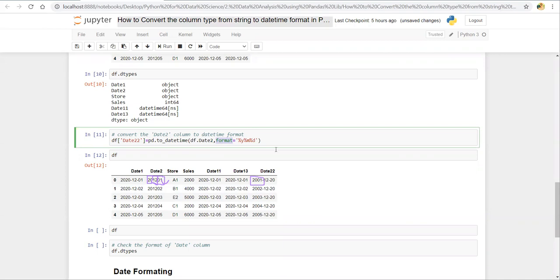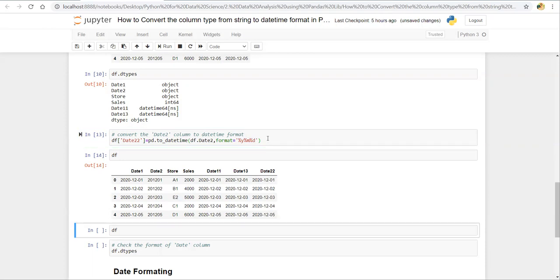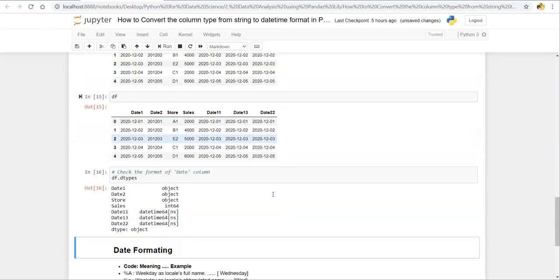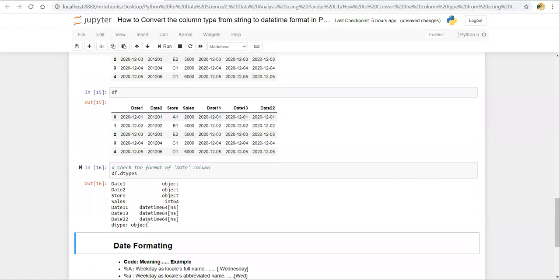Here I'm defining that small y stands for 20, small m stands for 12, and small d stands for 01. Now you can see the output. It's considered 2020-12-01. That's why I'm taking this example for the date 2 column. Now you can see it's in the correct format. Now let's check the data type of this column. You can see that date 22 is in datetime.